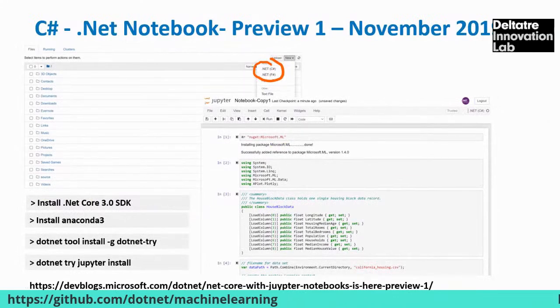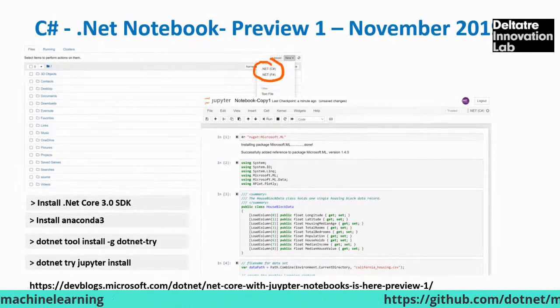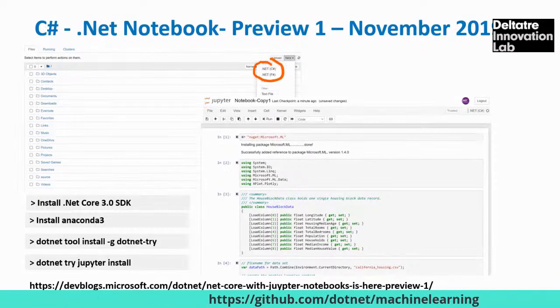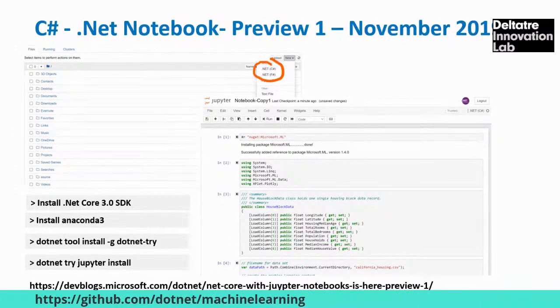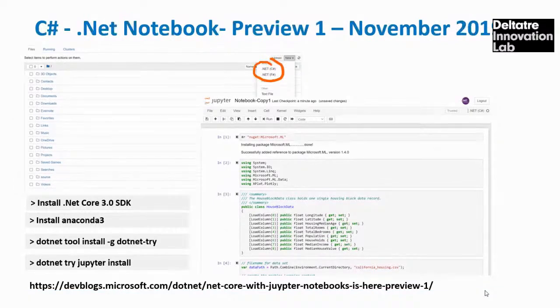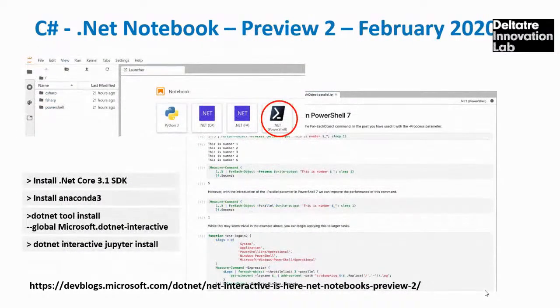So, C# for Jupyter. It was announced last November in 2019, and now is in preview 2. In preview 1 we can use C# and F#. In preview 2 we can use also PowerShell. So you can write your Jupyter notebook with C#, F# and PowerShell. The installation is very simple. You must use .NET Core 3.1, and